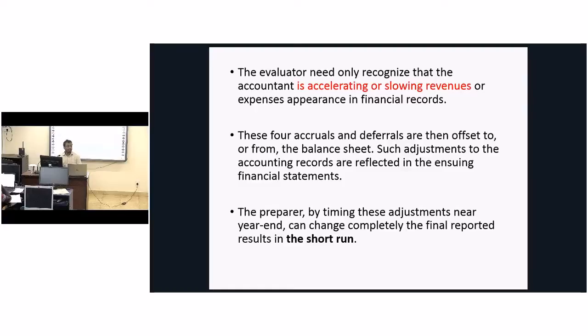Especially people who are using this information need to make sure whether the company, or the accountants, or the people who are preparing this information, are accelerating or slowing revenue or expense appearing in financial records. It is not as easy as we think. When we get a set of financial statements, how do we make sure they have taken the correct amount